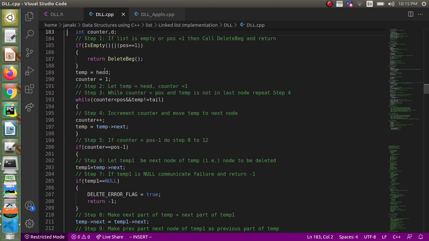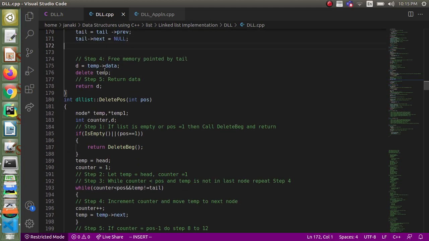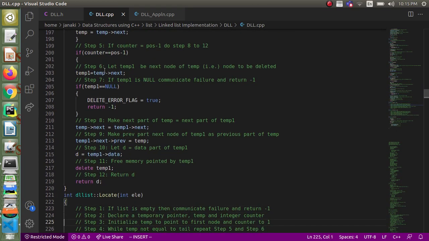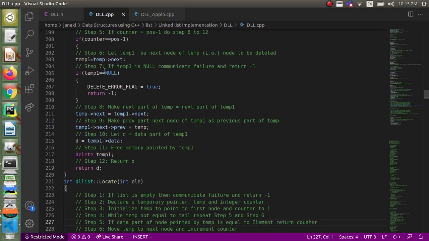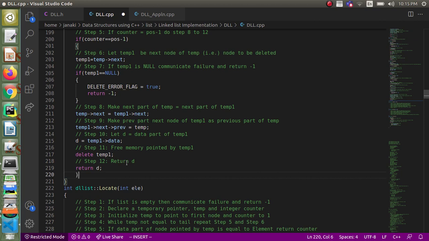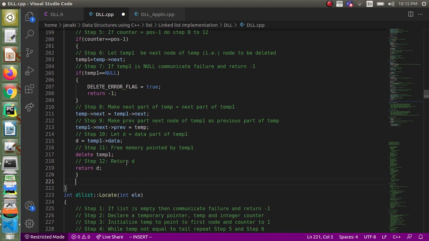Let me check. Yeah, here, yes, I haven't finished this brace. If counter equal to position -1, then we will be doing all these things.